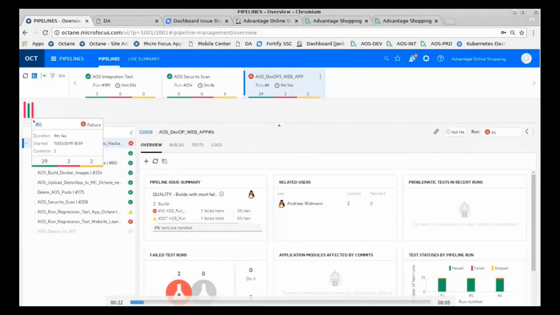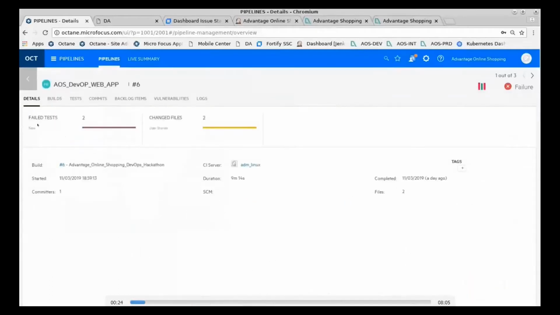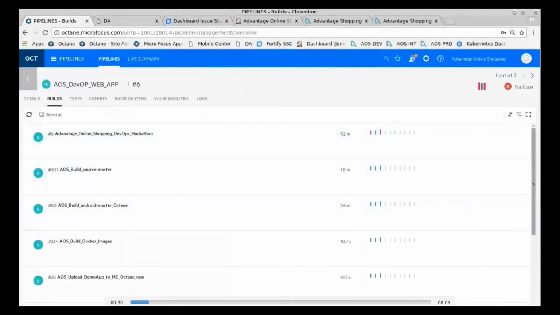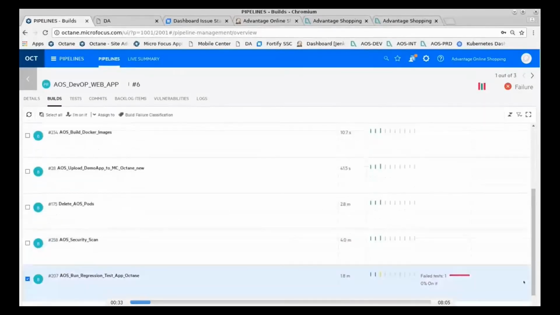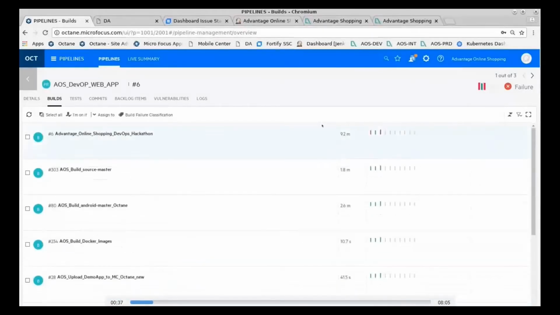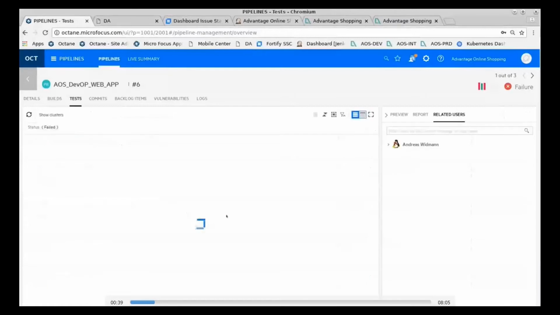If you have a look at the last one, build 6 coming from the Jenkins job, I can access different kinds of information. For sure, I can access details for each sub-job belonging to this Jenkins job.